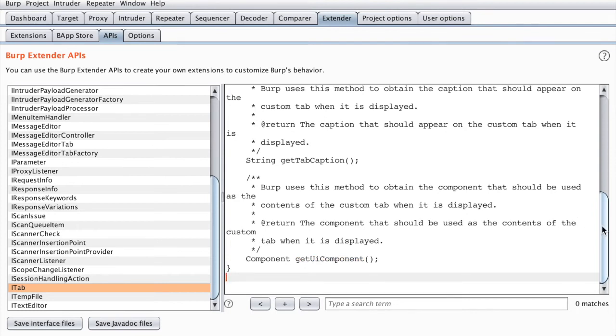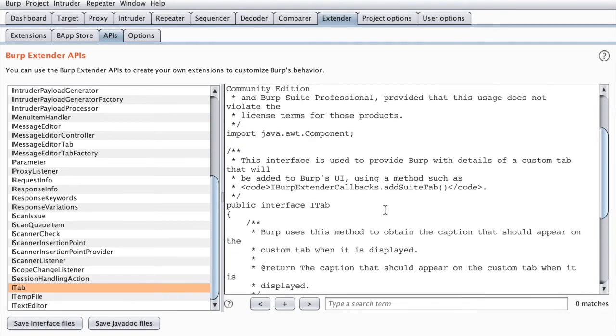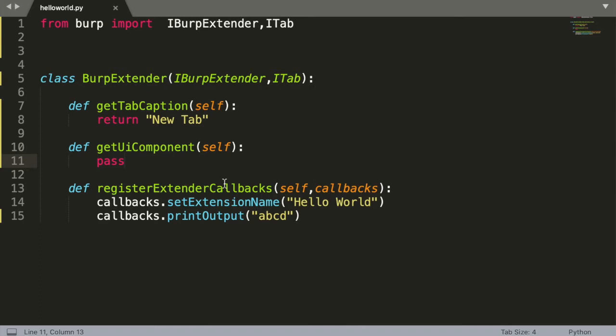Also you can see that in this documentation we have to implement addSuiteTab. So I'm copying this, and you can see that in our last tutorial we have implemented callbacks.printOutput, and this will eventually output your string to Burp.